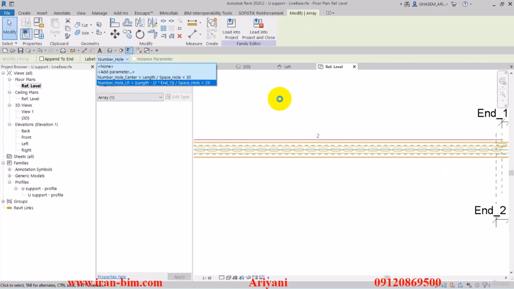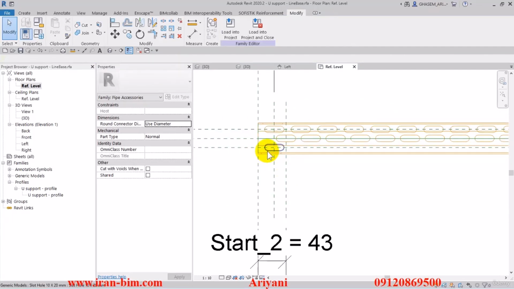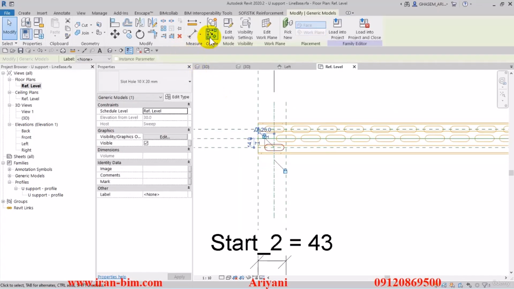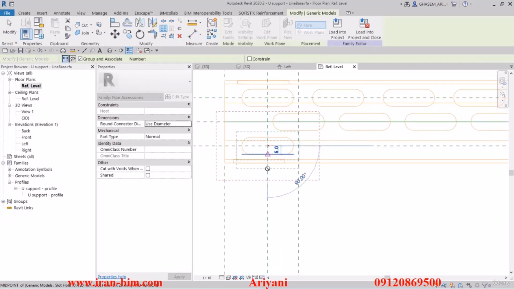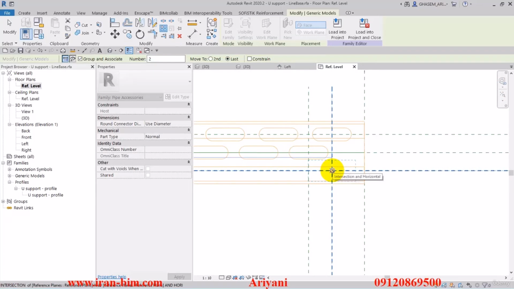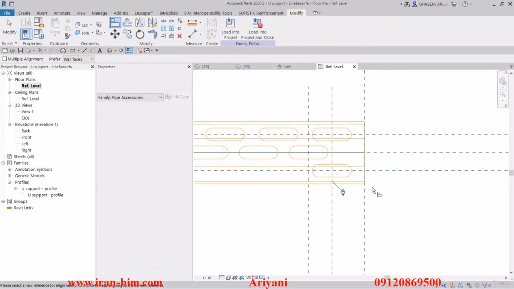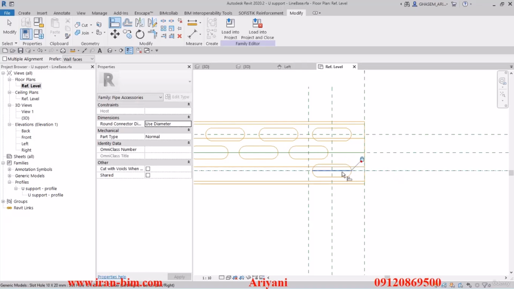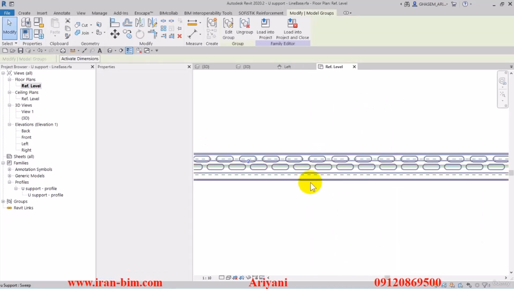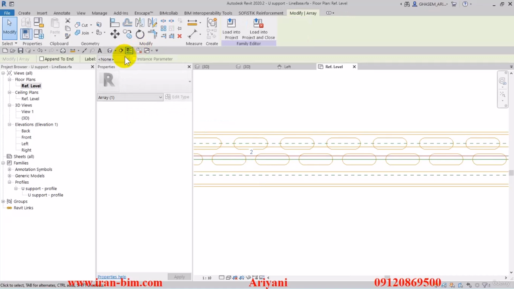All right, after that, I'll select the slot that we have on the bottom and then select the array tool and then select from the center of this line and then we go all the way to here. All right, and lock it with this vertical line and then this horizontal line. All right, so then let me just select this and then put the label on the number hole LR once